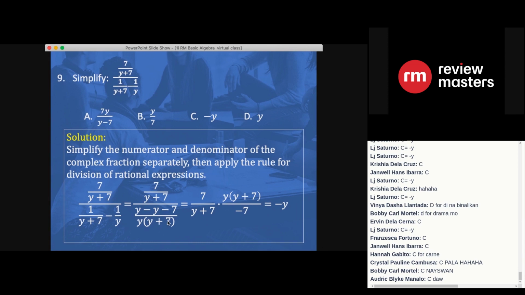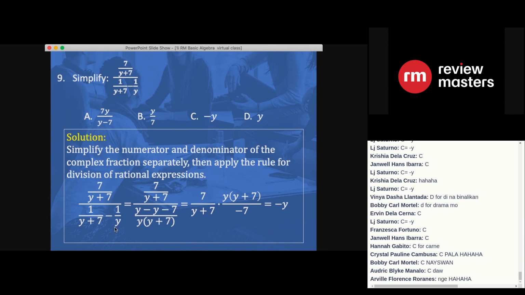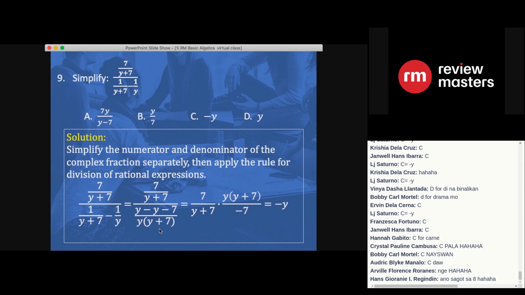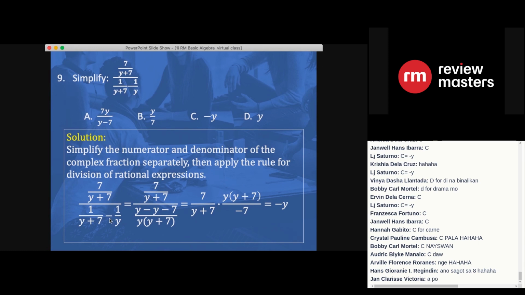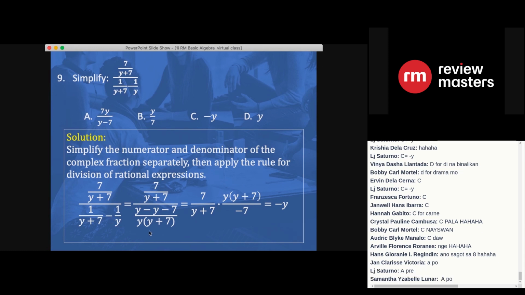Minus LCD divided by y, anong matitira? Y plus 7. So this is y plus 7, pero it is preceded by negative, by minus. So kailangan yung y plus 7 mo, pag dinistribute mo na to, will become minus y minus 7. Okay? So,